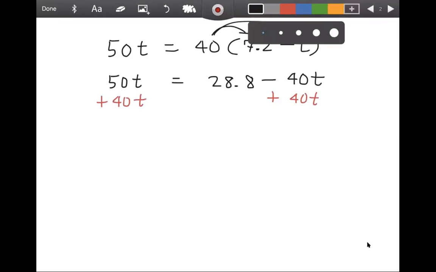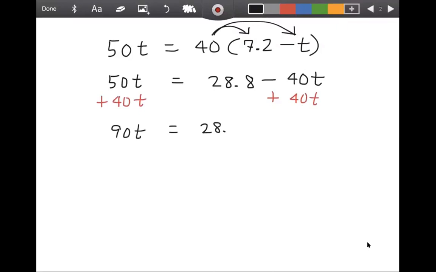And that's going to give me 90T equals 28.8. Excuse me. And now I will divide both sides by 90. And it turns out that T is 28.8 divided by 90, which I'm doing on the calculator. And that comes out to